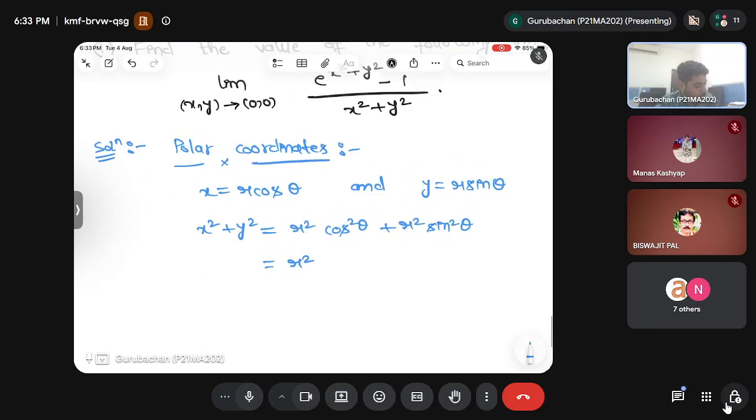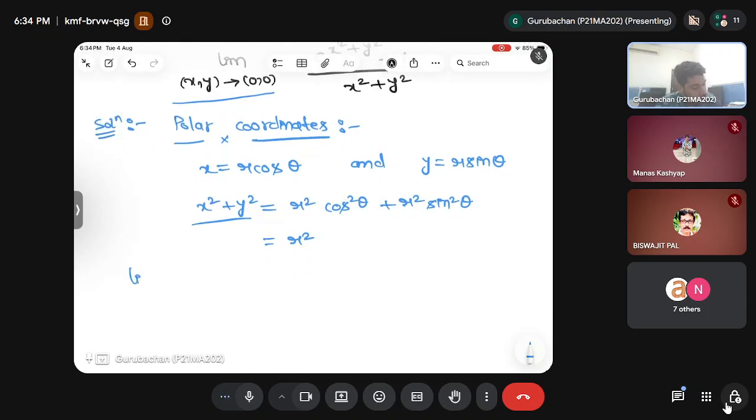Thank you. So now we know that our (x, y) is tending to (0, 0). So obviously when (x, y) tends to (0, 0), x square plus y square will tend to 0. So your limit function will reduce to e to the power x square plus y square minus 1 divided by x square plus y square. So limit r tending to 0, e to the power r square